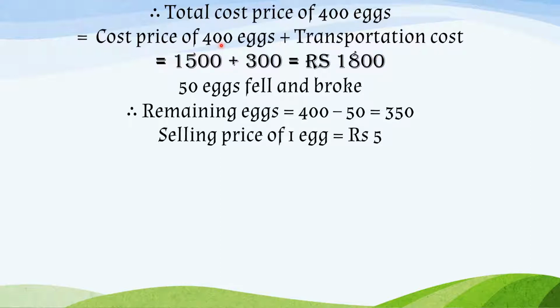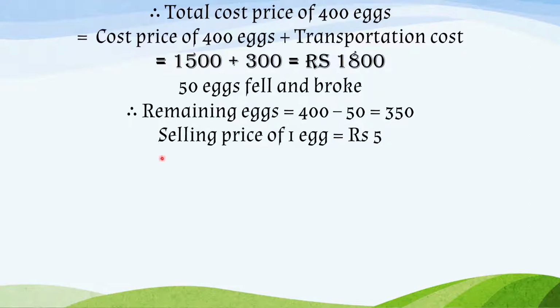So 1500 plus 300, you will get 1800. From that, 50 eggs fell down and broke. So the remaining eggs are 400 minus 50, that is equal to